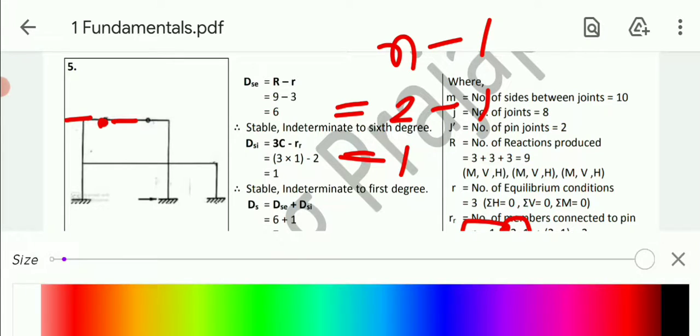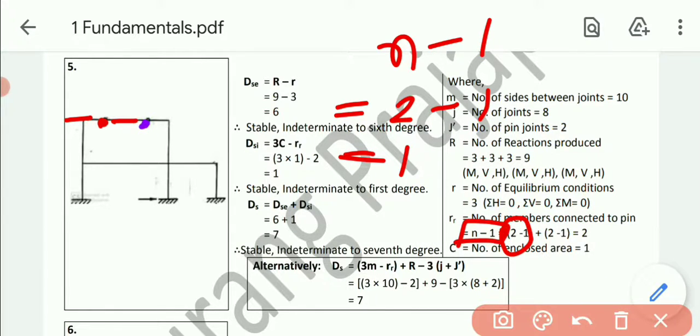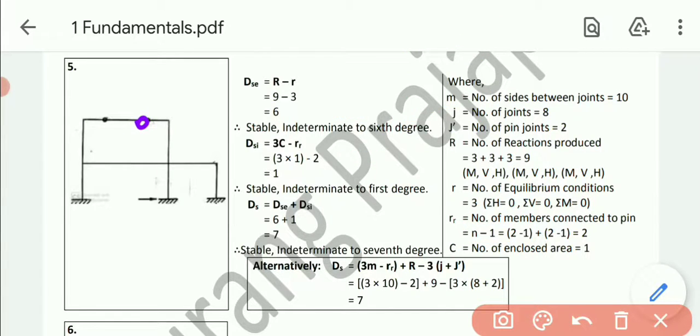Similarly, another pin is also given to us. Again two members are connected, 1 and 2. One is overlapping, but that is no problem. See, this pin is there, so 1 and 2, two members are there. So again the formula stands for n minus 1, that is the number of sides connected, 2 minus 1, answer comes 1. So 2 minus 1. Okay, so this first 2 minus 1 comes for this joint, 1 and 2, like that,